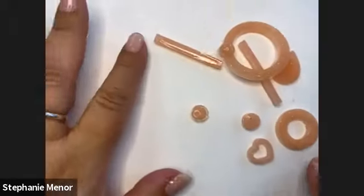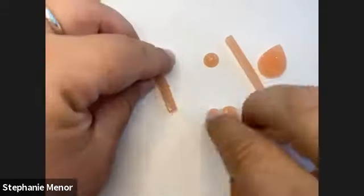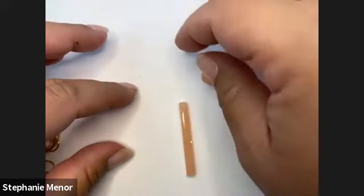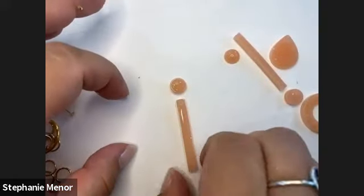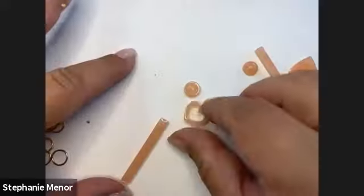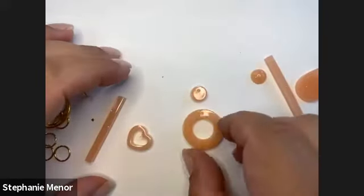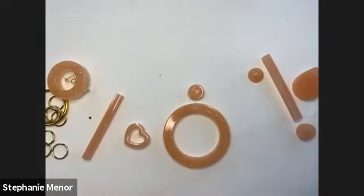All right, so this is what that mold made. And then you get to play fun mix and match with it. So I can have an earring that is kind of like this. Or I can use this as the top and then hang a little heart from it, or the small donut shape. If I wanted to do a larger donut shape earring,